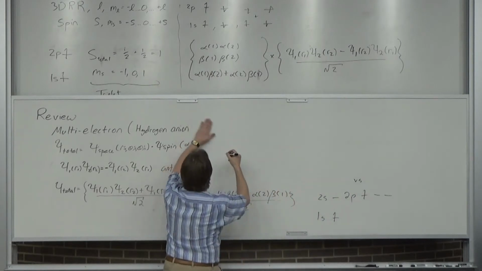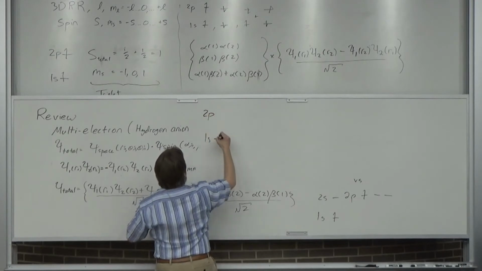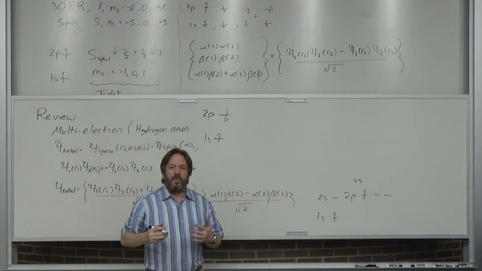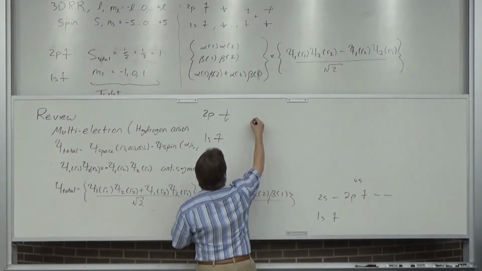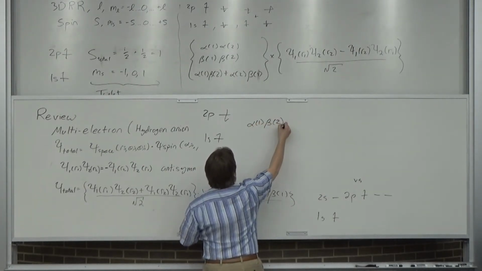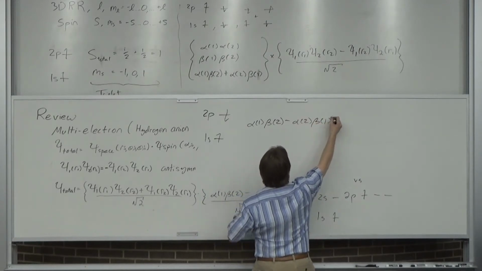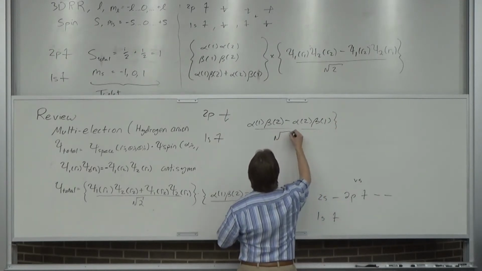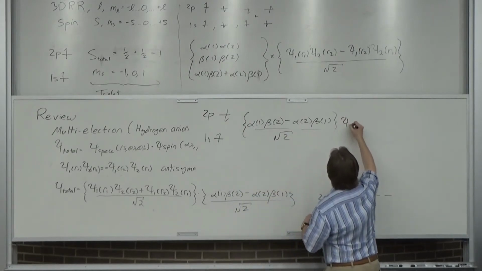So let me just point out that if I had prepared this excited state such that the total spin is 0, then the total wave function is still alpha 1 beta 2 minus alpha 2 beta 1. I'm actually writing the same thing that's below me. I just want to make sure that you know what it is. It's actually not different than what I had written before.